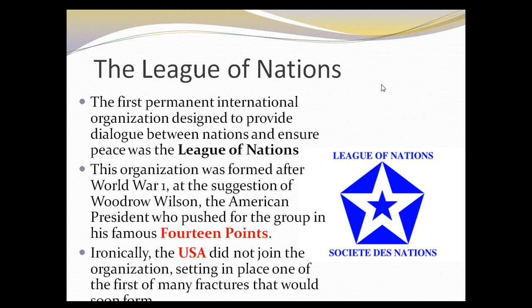They were the most important country in the world at the time. In order for the League of Nations to become something that the Americans would join, they had to, like any treaty, push things through via a vote through their Congress. They couldn't get the two-thirds support because Woodrow Wilson didn't have the support of most of the people within the Senate at the time. And embarrassingly for him, even though it was really at least partly his idea, the Americans never joined. And it set in motion one of a series of problems that really undercut the League for years to come.